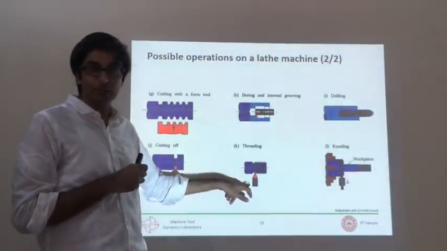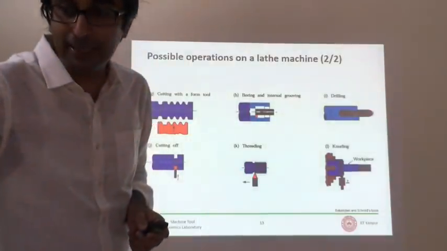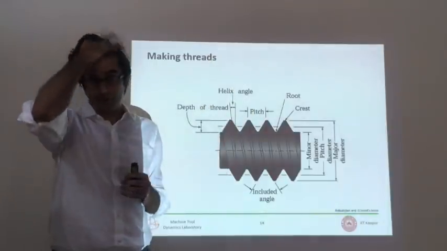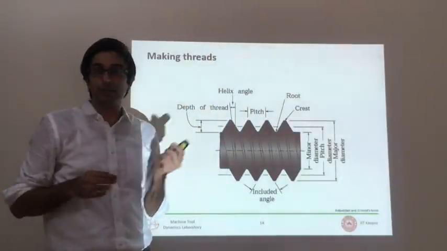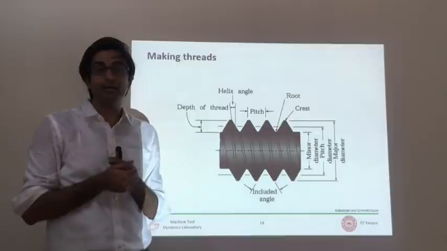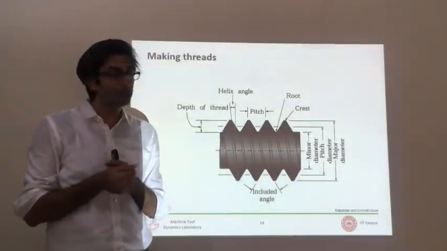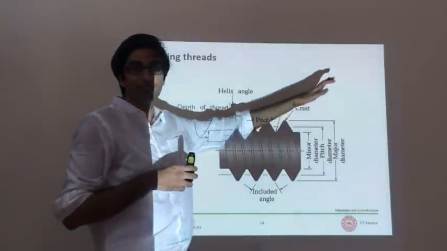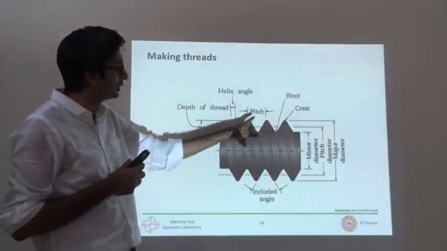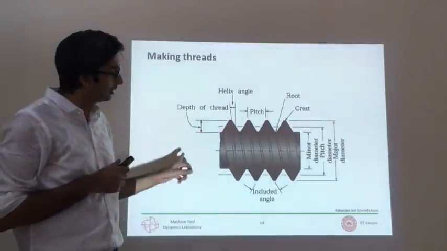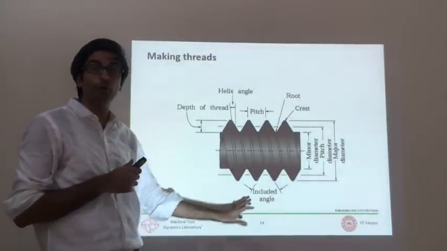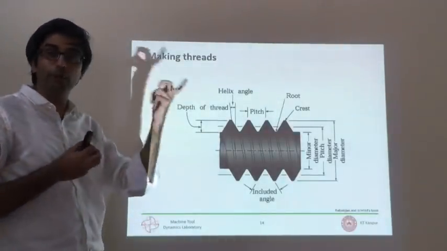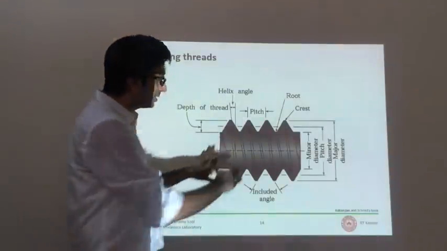Threading, like I said, is also possible. I will just show you what I mean by threading. If you were doing this lab, if these were normal circumstances, almost all of you would have made threaded parts on the turning machine. This is an example of what a thread looks like. Don't worry about all the nomenclature. What I just want to show you is the pitch and the profile. Now this looks very similar to the form tool profile I showed you. And that is one way you can make the threads actually. You plunge into this.